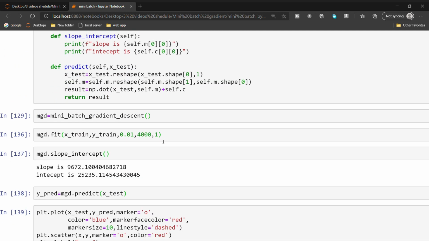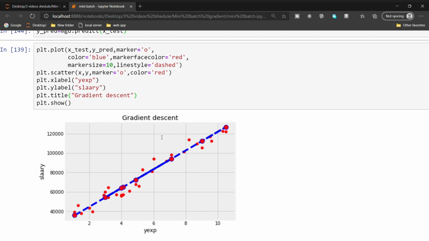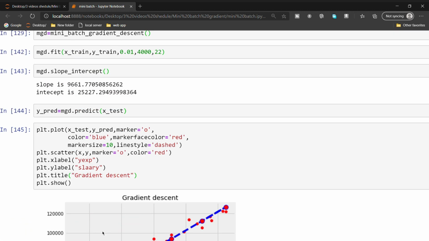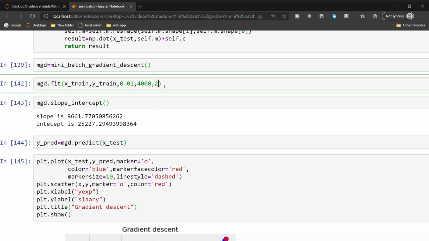If you keep the full training examples, it becomes gradient descent. So by using this model, you can make it either gradient descent, stochastic gradient descent, or mini batch. You just need to change the batch size. That's all. I'm keeping it at 4.